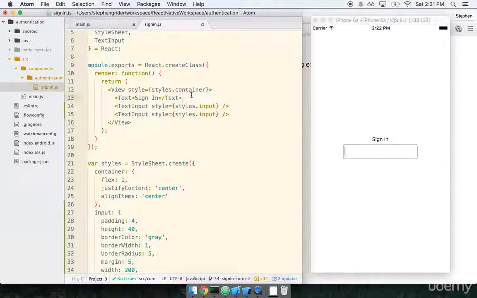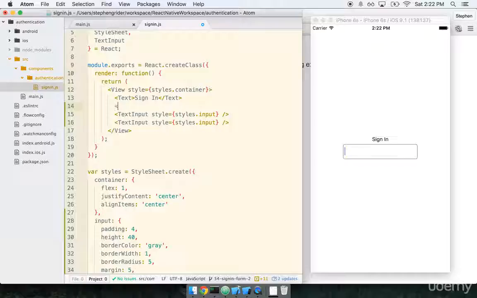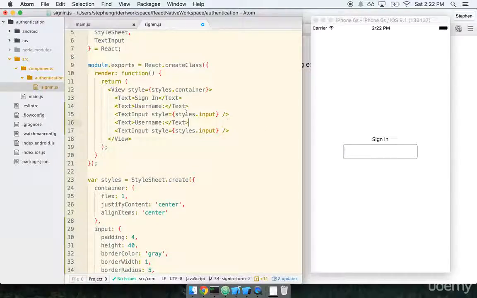Just to make sure that that's clear to the user, let's add some labels in here as well. So above the one intended to be used for the username, we'll add a text with username, and we'll add a colon, so it's clear to the user that, hey, put your username in there. And then we'll add another one for